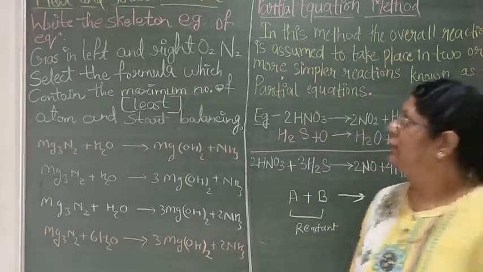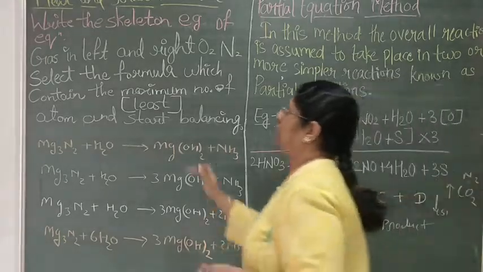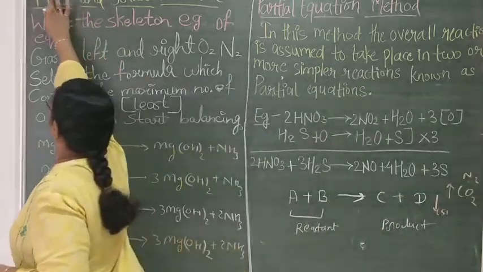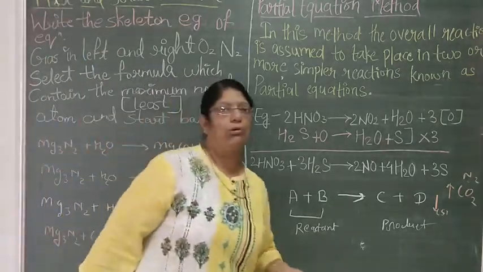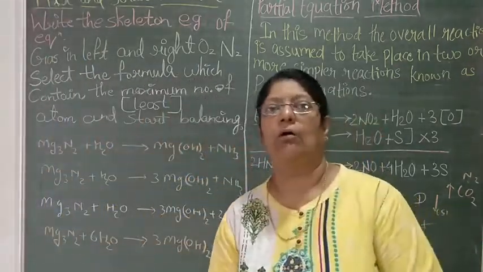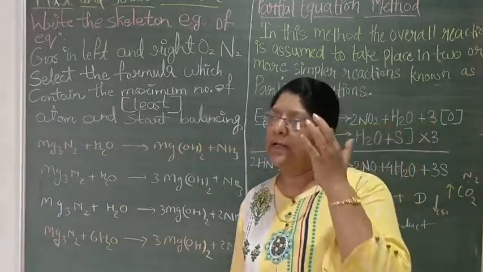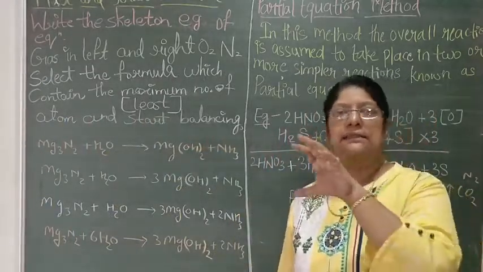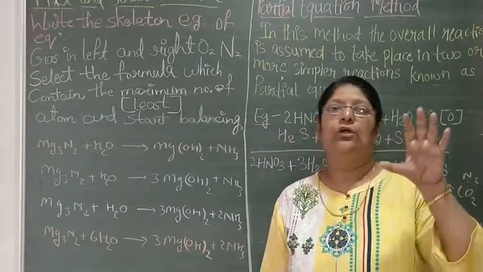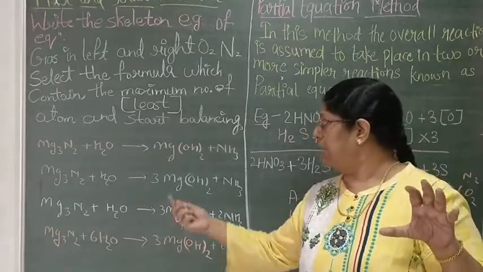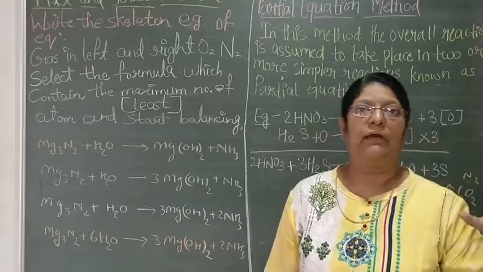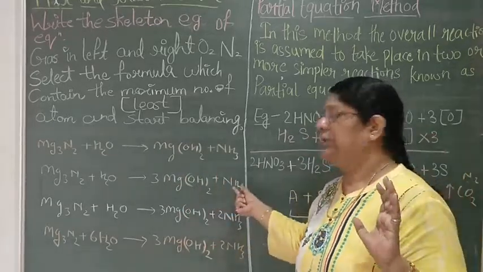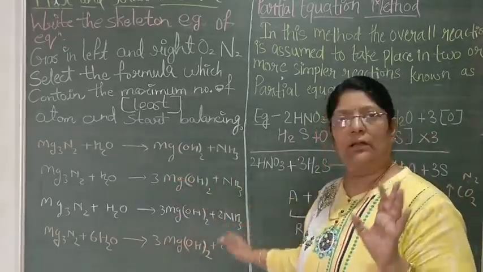Hit and trial. What does hit and trial method mean? Apply according to your own knowledge. Balance the thing according to your own knowledge. Hit and trial means whatever the skeleton of any reaction you are observing, arrange the numbers according to your own multiple values, which will give integer numbers for that particular reaction.